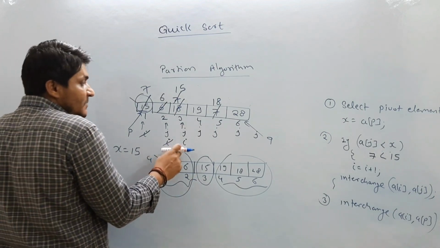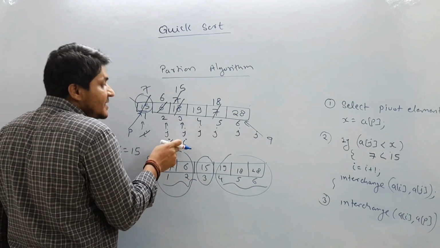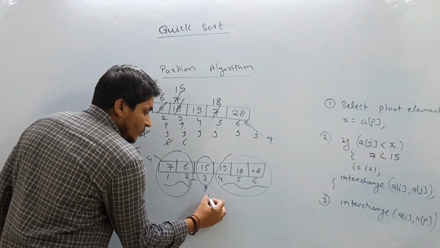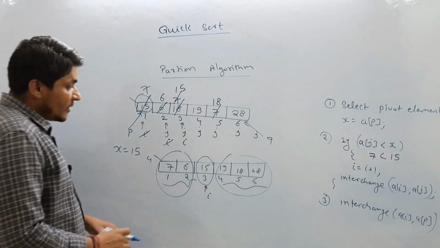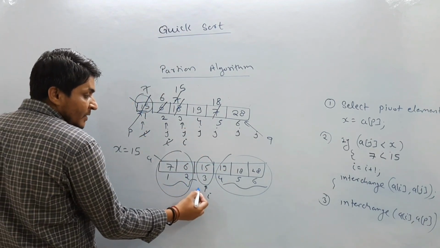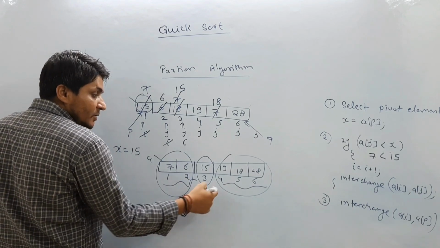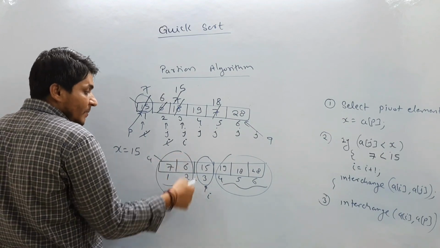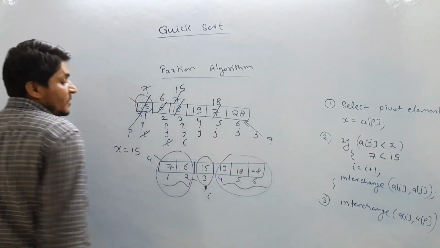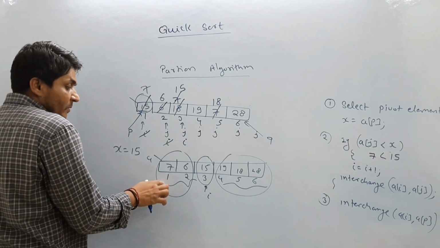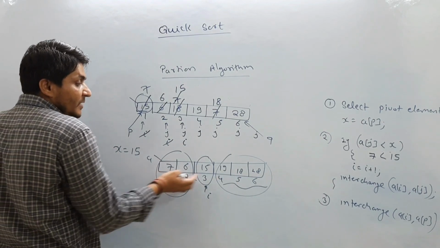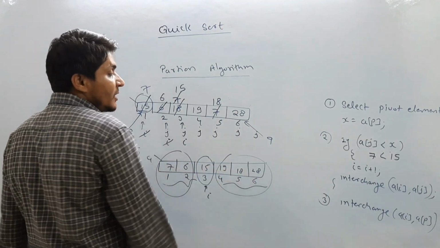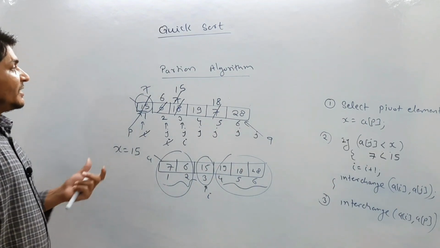So now see, i is pointing to index number 3. So i is deciding from where I need to partition. Means, this is the next element and this is the previous element. So I can apply partition on this particular part and I can apply partition on this particular part. So this is my left part problem, and this is my right side problem. Again I will apply the partition algorithm on the left hand side, and again on the right hand side. So let us try to implement the partition algorithm code.